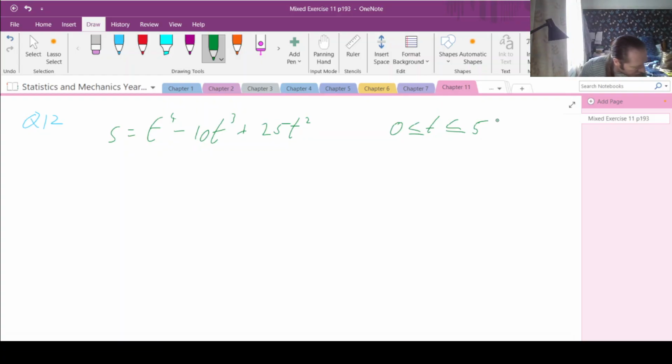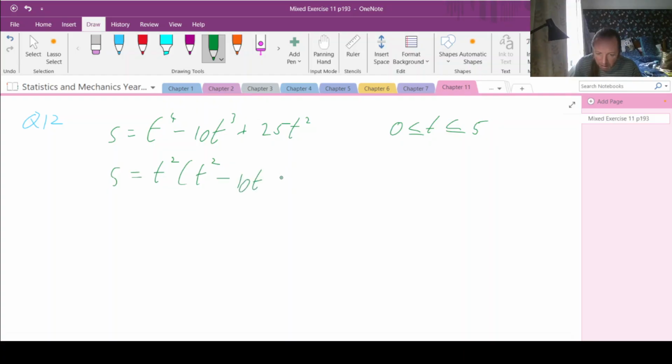Explain the restriction of 0 to 5 on t. Well, I'm guessing that 0 and 5 are probably roots of this, one way or another. So if we were to quickly look at this, we can take t squared out as a factor. So if we take t squared out and say t squared minus